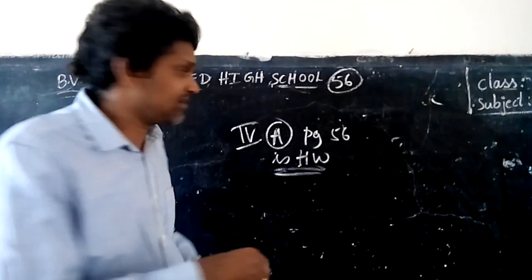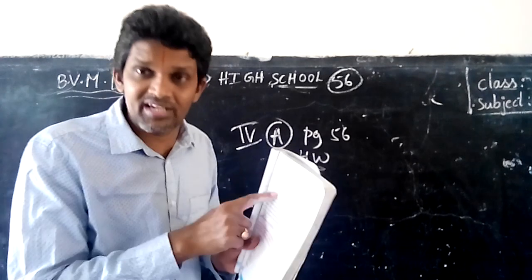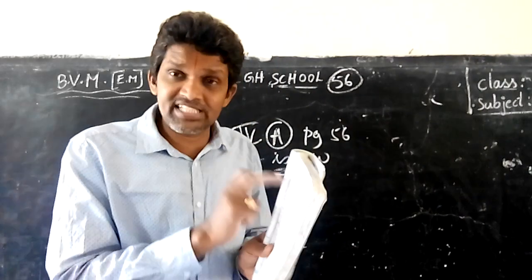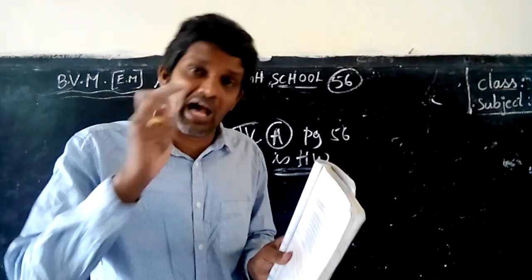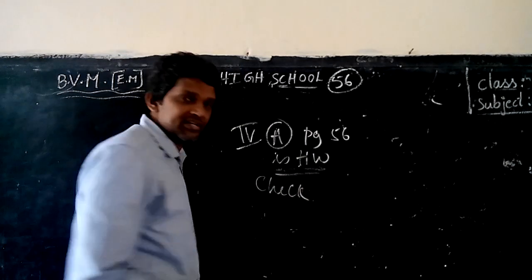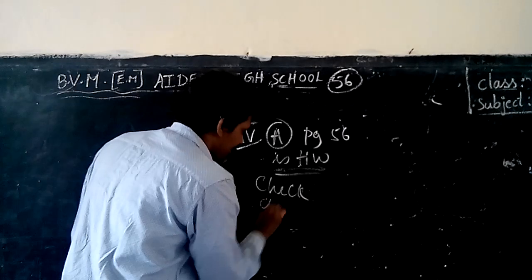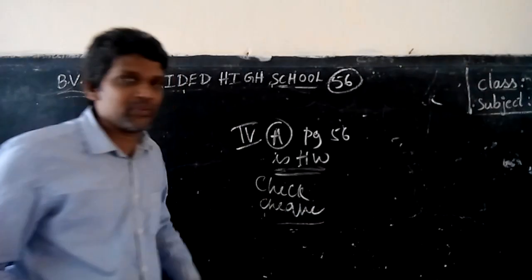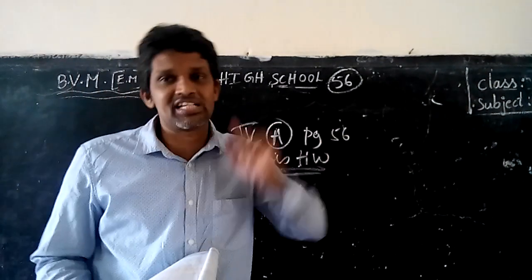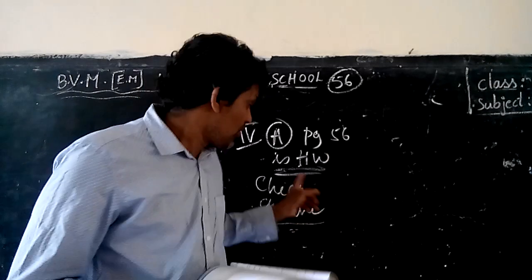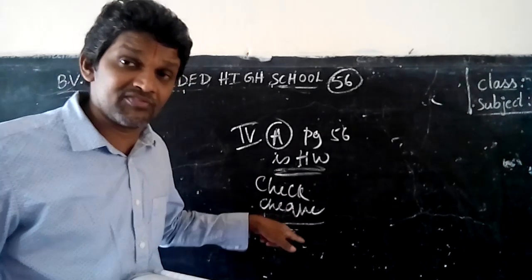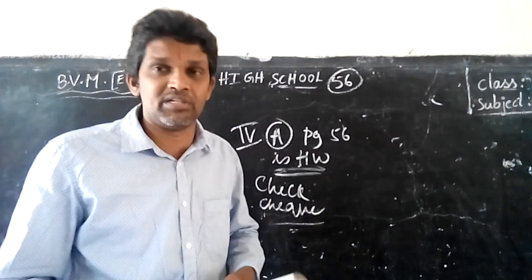So both are pronounced alike. One word is given here, so don't forget. You have to find out the other word. Actually this is the example: CHECK, check. Check means to verify. What is the other one? CHEQUE. This cheque is not given here, so you have to find it in the dictionary. I gave only one word in the textbook. The other word's meaning and your own sentence you should write in your CW books.